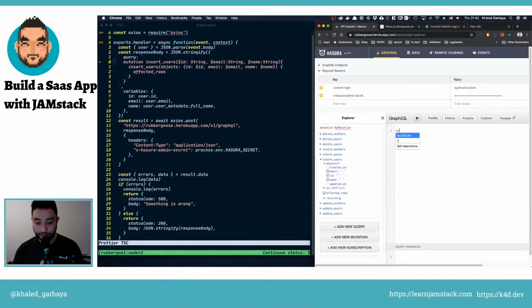Okay, let's build this mutation. So mutation, we need, no, let's just undo what we did. Okay, so we do insert user. This will accept ID, which will be string, and then we will have